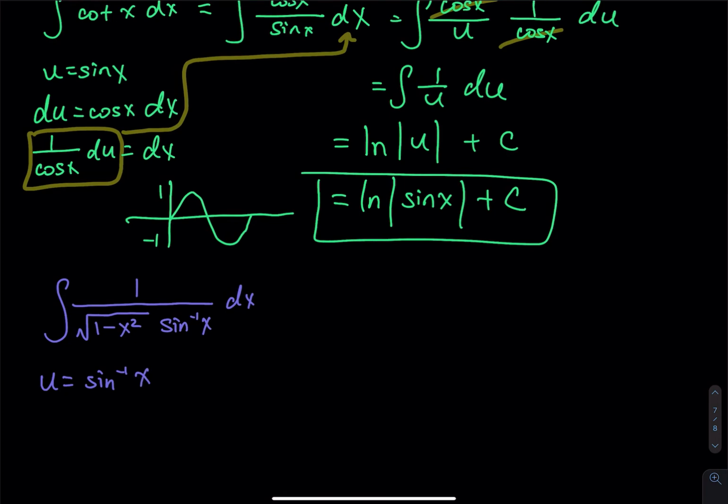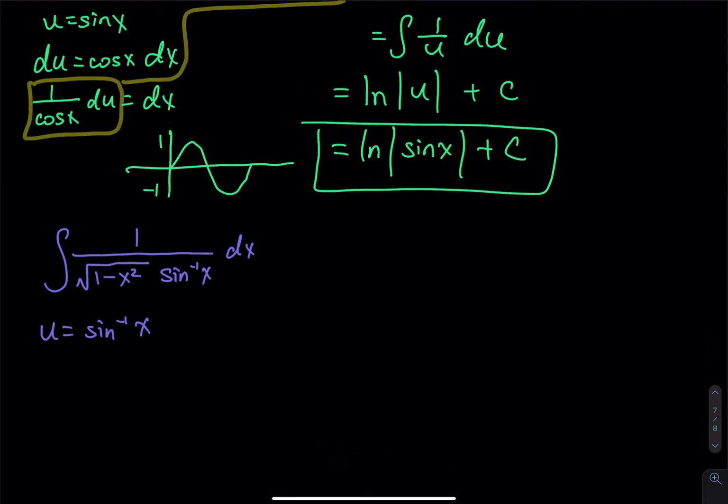You learn this in differential calculus, the derivative of inverse function. If you don't remember this at all, you have to go back to the derivative of inverse function. I am sure I have a video on my channel about the derivative of inverse function. But if you don't want to go back, it is fine. Just a matter of the formula. So du is equal to the derivative of inverse sine, which is 1 divided by the square root of 1 minus